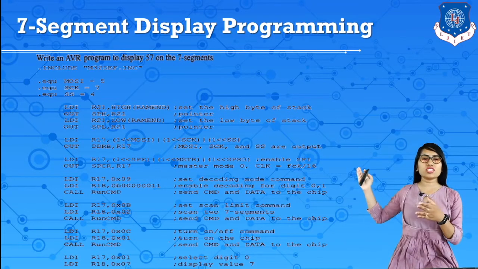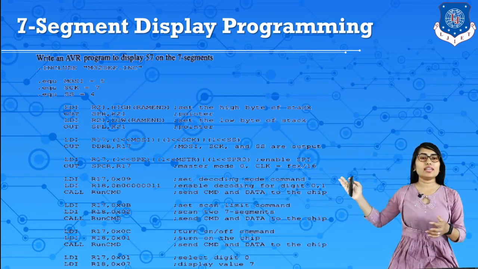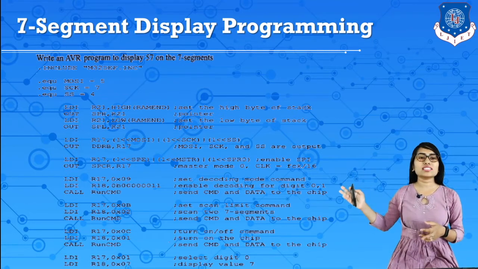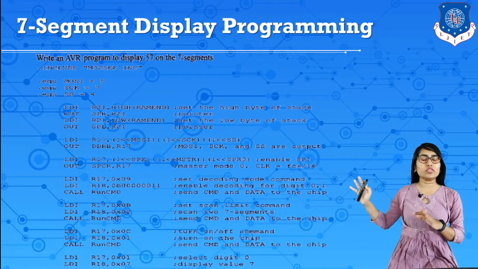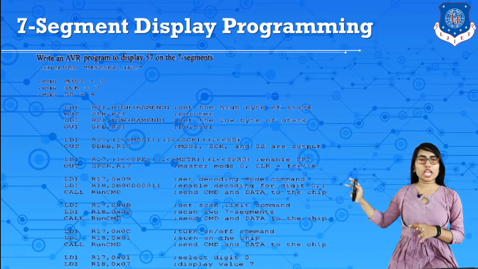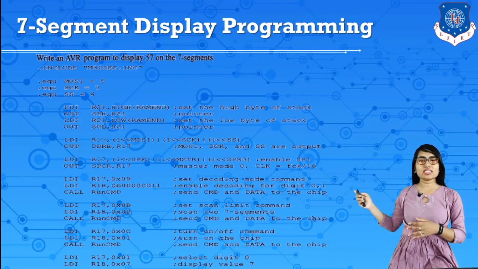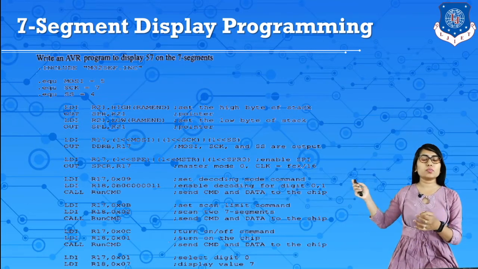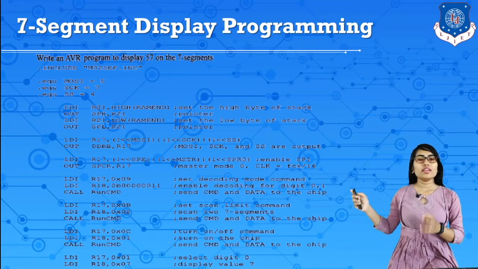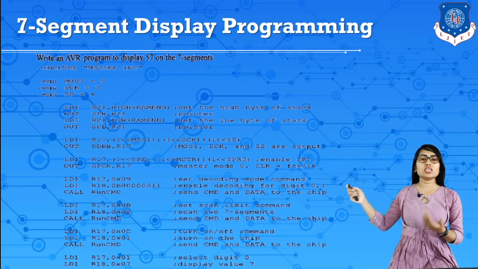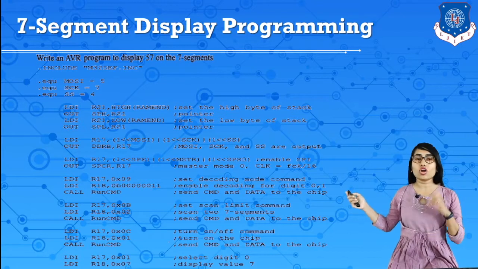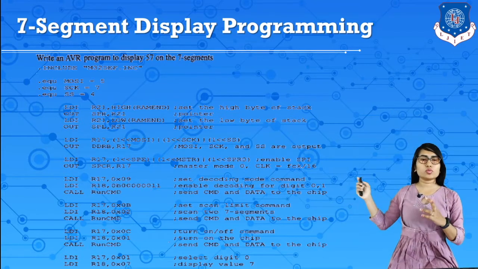So we just initialize MOSI as pin 5, SCK as pin 7, and SS as pin 4. Okay, so this is initialization of the MOSI, SCK and SS pins. Now here initialize the stack pointer and then set the pins. So here MOSI, SCK and SS are outputs. So here we make these pins 1. Okay, now to select master mode and define a clock frequency, here we use the SPCR register, that means the SPI control register of the SPI bus protocol. So here SPI is used.